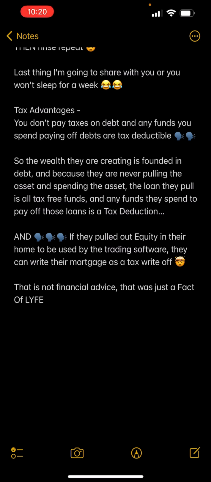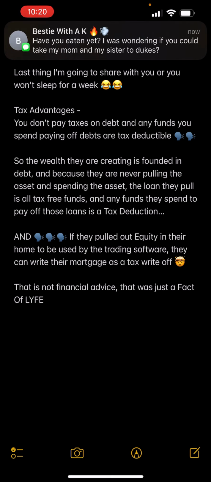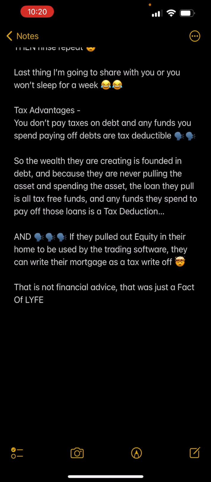Guys, I'm going to say that again out loud for you guys who are trying to pay accountants a lot of money to get your taxes lowered. Guys, this is hiding in plain sight for you. The wealthy go into debt, leverage their debt, and pay off their loans because the loan they pull is all tax-free funds. And any funds they spend to pay off those loans is a tax deduction. That in and of itself is like a pendulum, but instead of wealth, it's of tax deduction, of tax